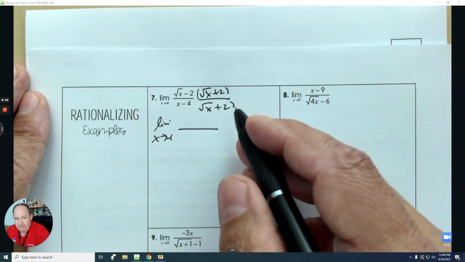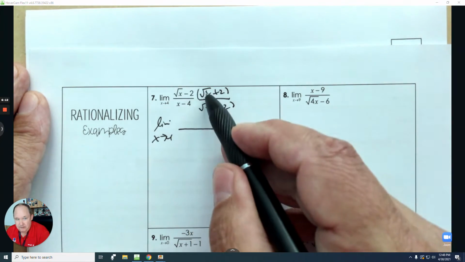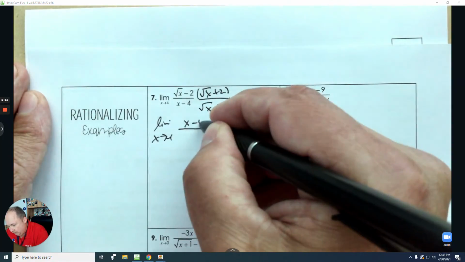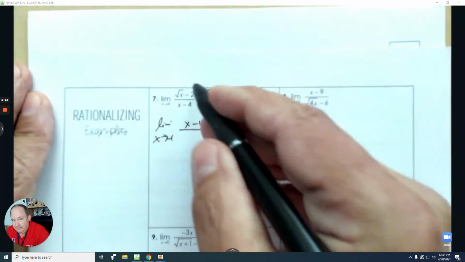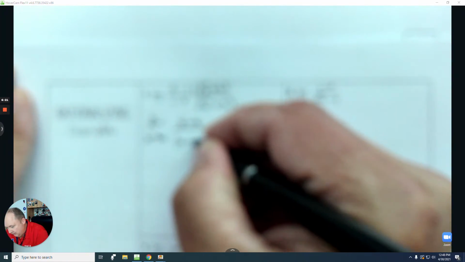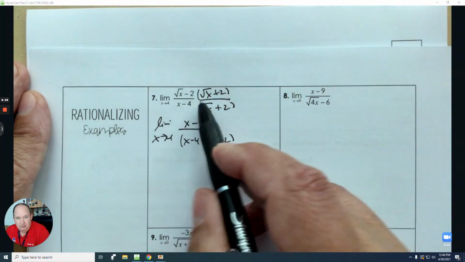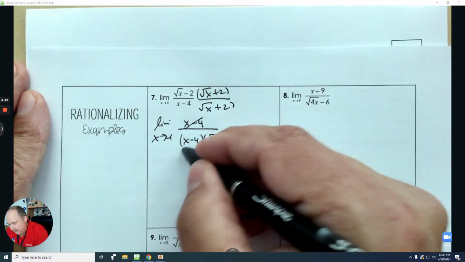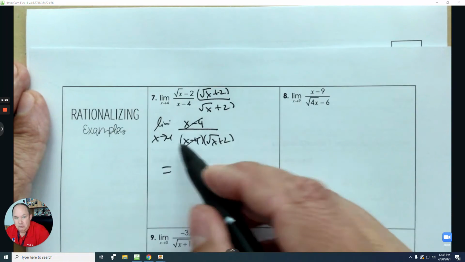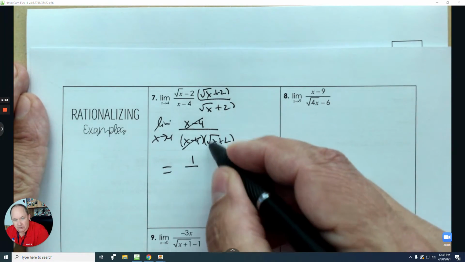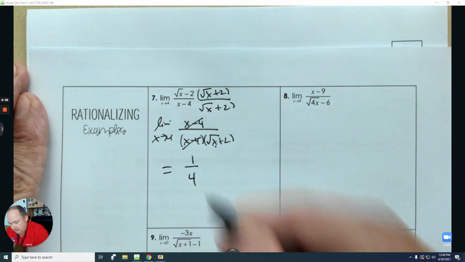The numerator, root x times root x is x, and negative 2 times 2 is negative 4. The middle terms would cross out. The denominator, I'm not going to multiply out because it already crosses out. So I'm not going to multiply out. Just put them beside each other. Notice that x subtract 4 removes. So now the discontinuity is removed. When I plug 4 in here, the square root of 4 is 2 plus 2, and you get the answer